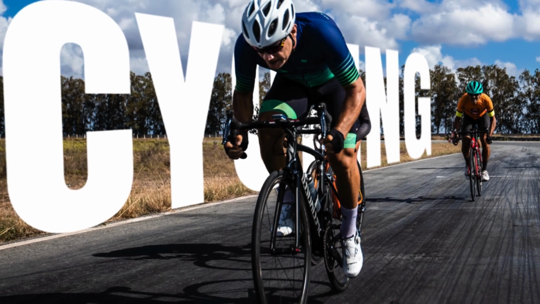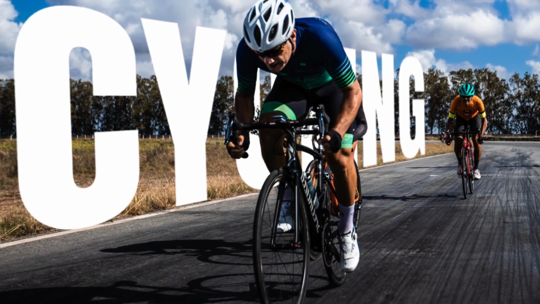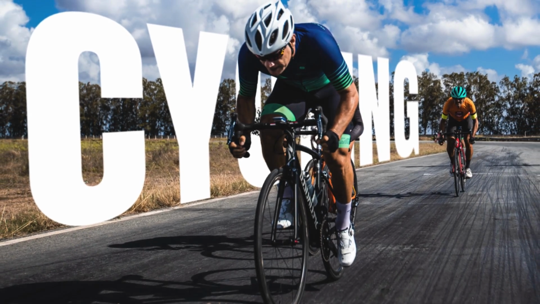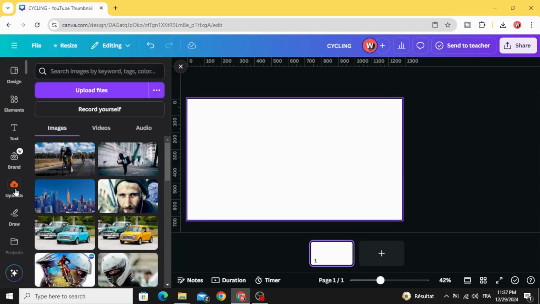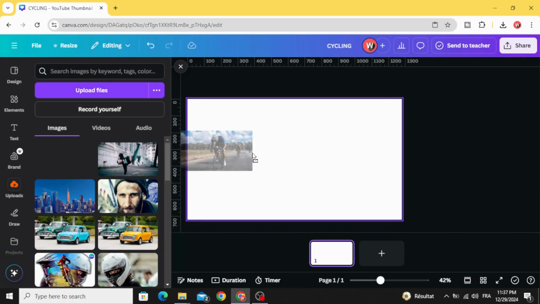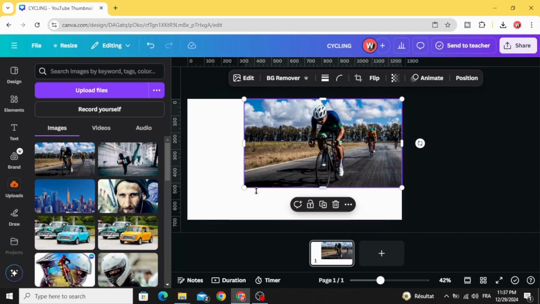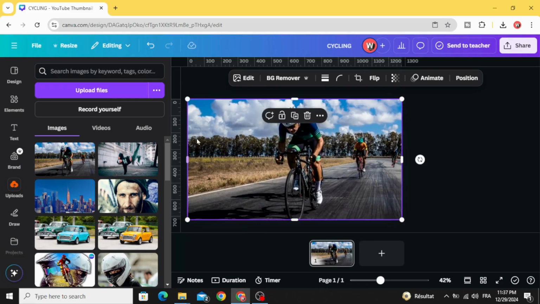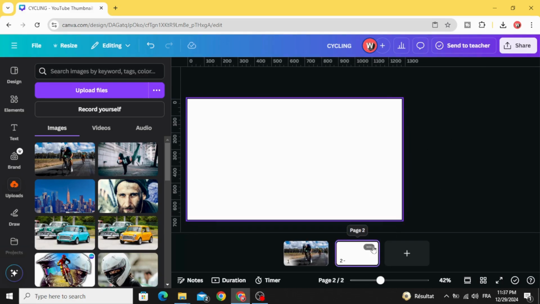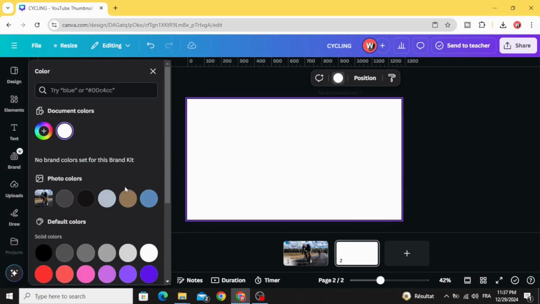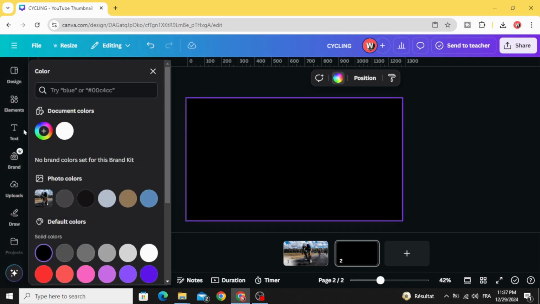Today I'm going to show you how to make a perspective text behind a person using Canva. Go to Canva and after opening a new project, go to uploads, images, and after uploading your image, drag it to the design. Let's increase the size to fit the page, add a page, and change the color to black and go